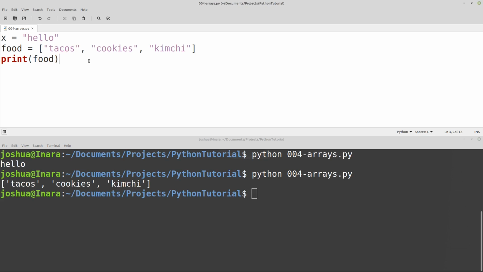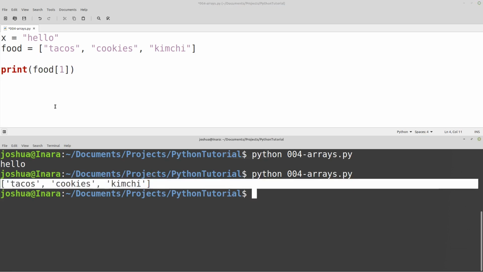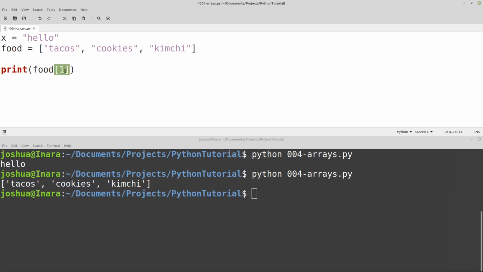So for example, if I want to access food, and let's say that I want to know what was the second value inside our list, I could use the brackets again. Let me move this down. Use the brackets again and do, instead of just printing food only, which gave us the entire list, I can do food and then square bracket, and then the index of the value that I want to reference. So in this case, food 1